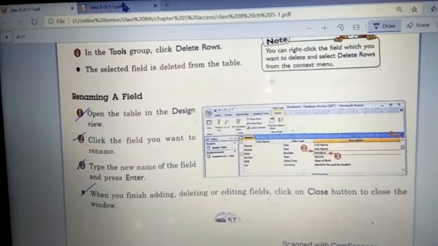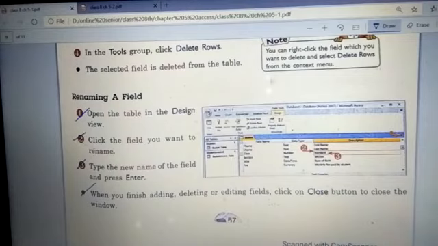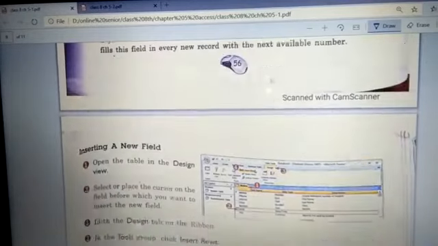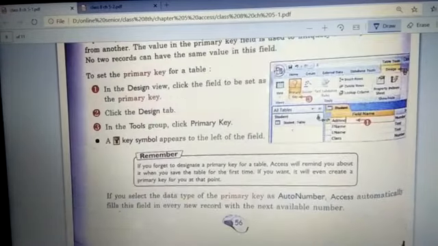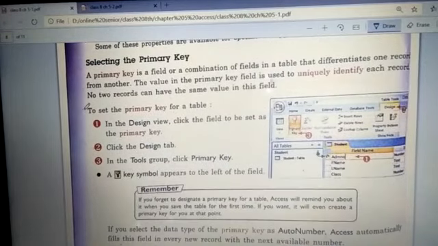Next question is, children, selecting a primary key for a table. And children, it is on page 56. Primary key, when we were studying, it is on page 56. It is written here, see, to set the primary key. So you will start like this. To set the primary key for a table, you will write all these steps, okay, as it is. And the thing is, you have to make these icons also, children, with the steps.